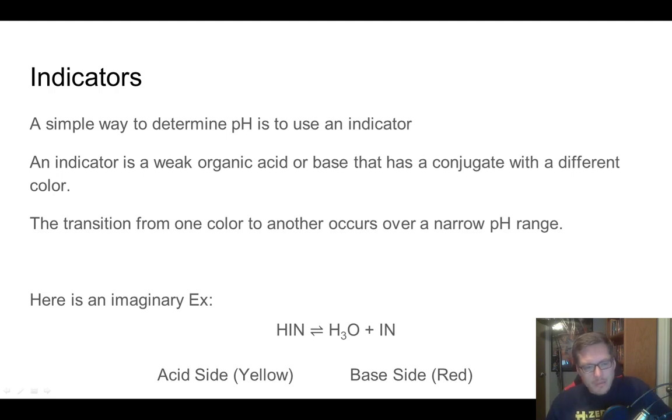This is for Chem 1 Unit 12, Part 5. We're talking about indicators and titrations. Alright, so